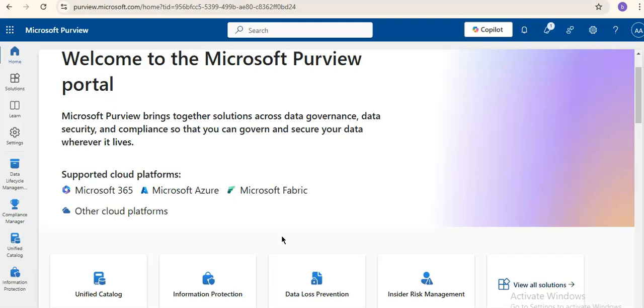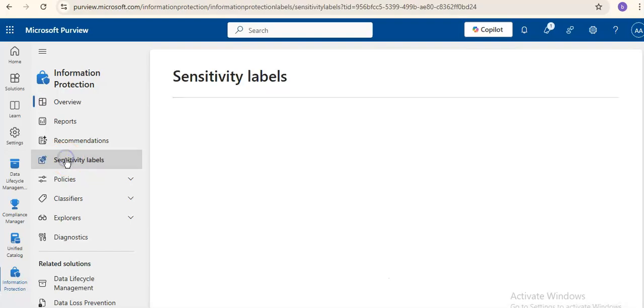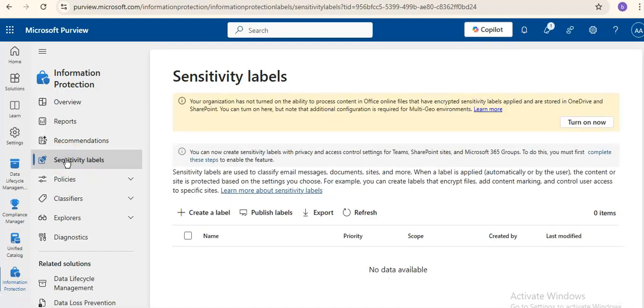Now, all Microsoft Purview information protection solutions are implemented by using sensitivity labels, which you will see if you go to information protection and sensitivity labels. Now to create and publish these labels, we can use either the Microsoft Purview portal or the Microsoft Purview compliance portal or the new